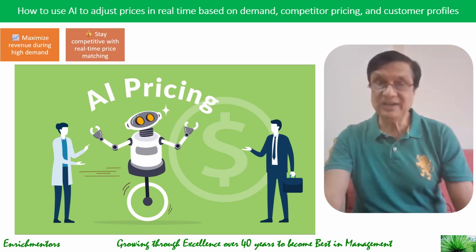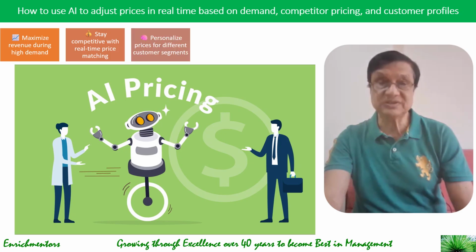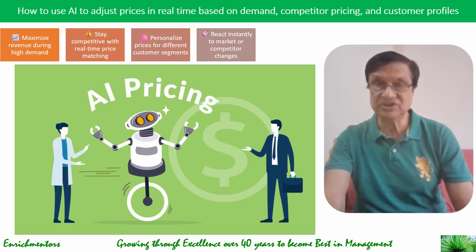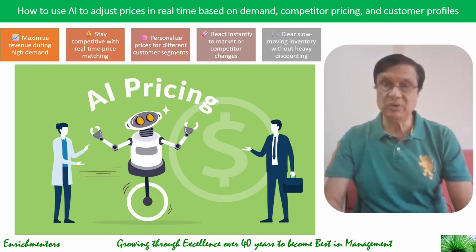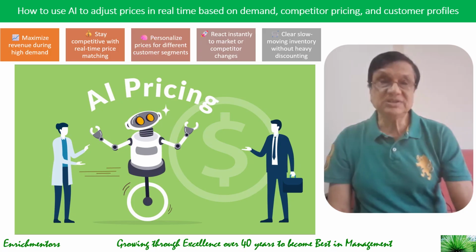It also personalizes prices for different customer segments and reacts instantly to market or competitor changes while clearing slow-moving inventory without heavy discounting. So these are the five ways dynamic pricing helps you